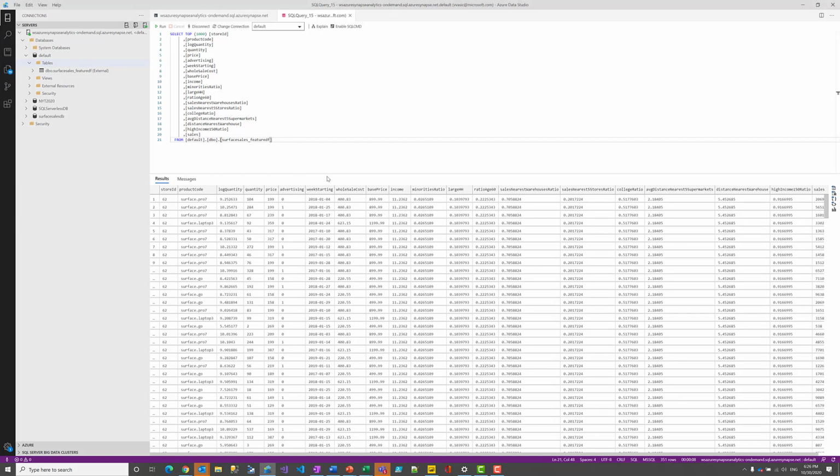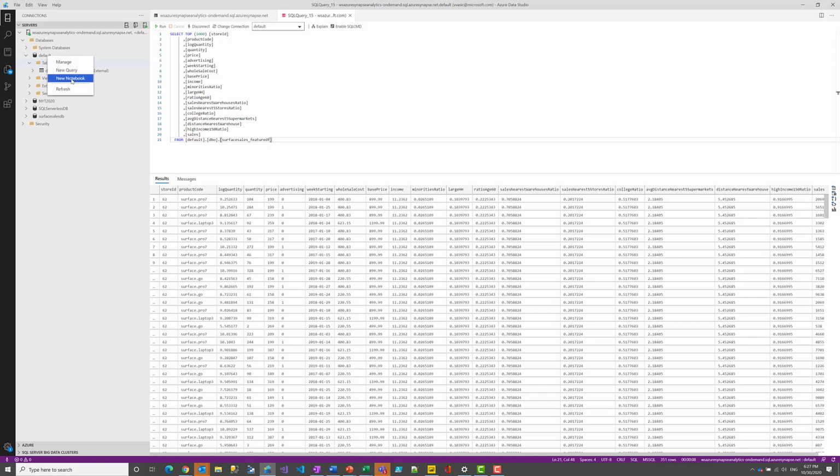But I want to emphasize one additional thing. I connected to SQL on-demand endpoint using the Azure Data Studio client tool. And I can do so with every client tool that can connect to SQL Server, because the SQL on-demand heavily relies on SQL Server, and it enables all of these clients and a huge ecosystem around SQL Server to work with this endpoint. So for example, I can copy this query text, and I can right click on my table